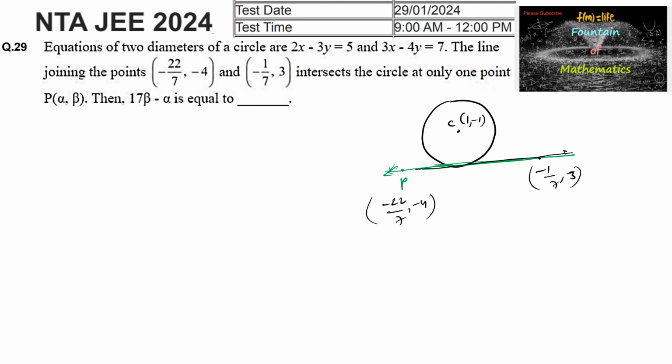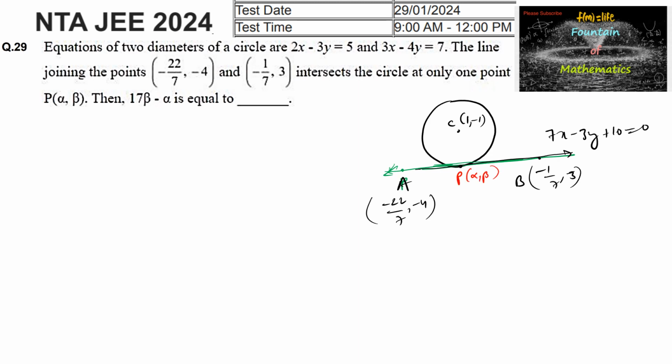The tangent equation we got, 7x minus 3y plus 10 is equal to 0, and we need to find this intersection point, that is P alpha comma beta. Say this is AB. Say this point is P